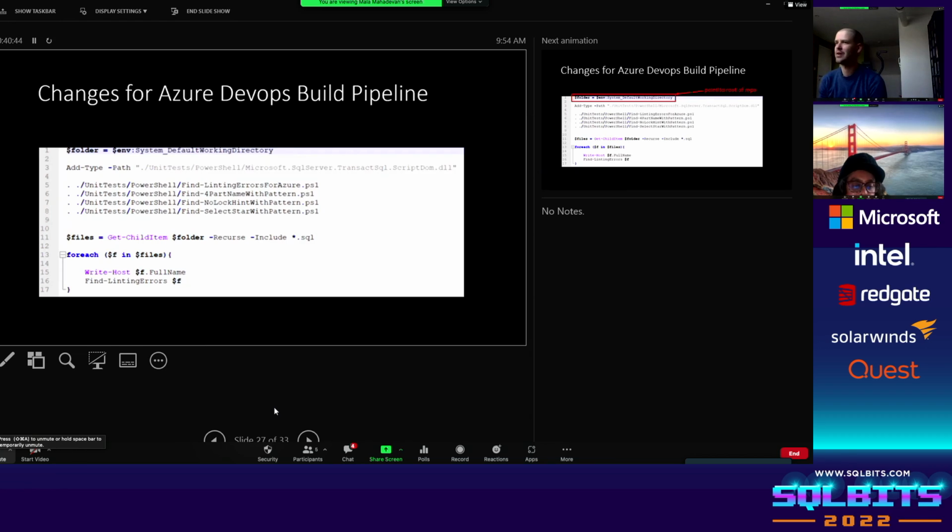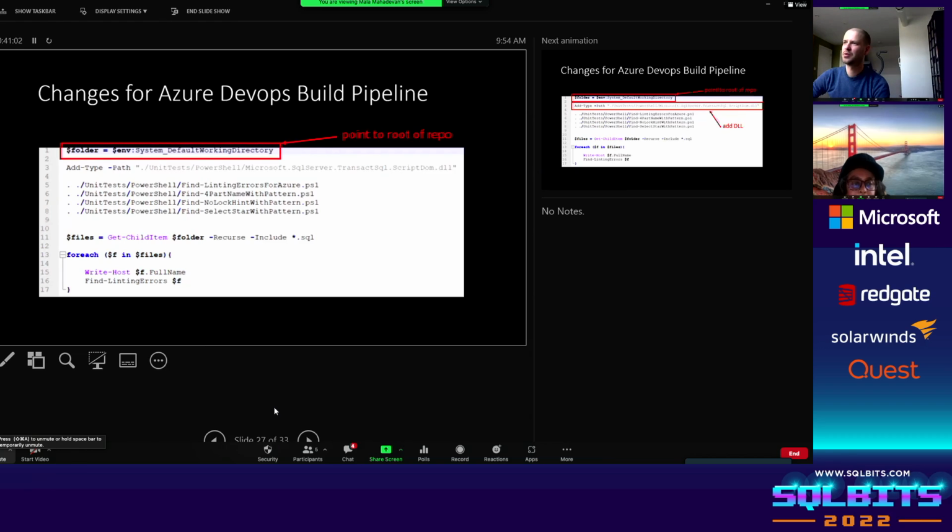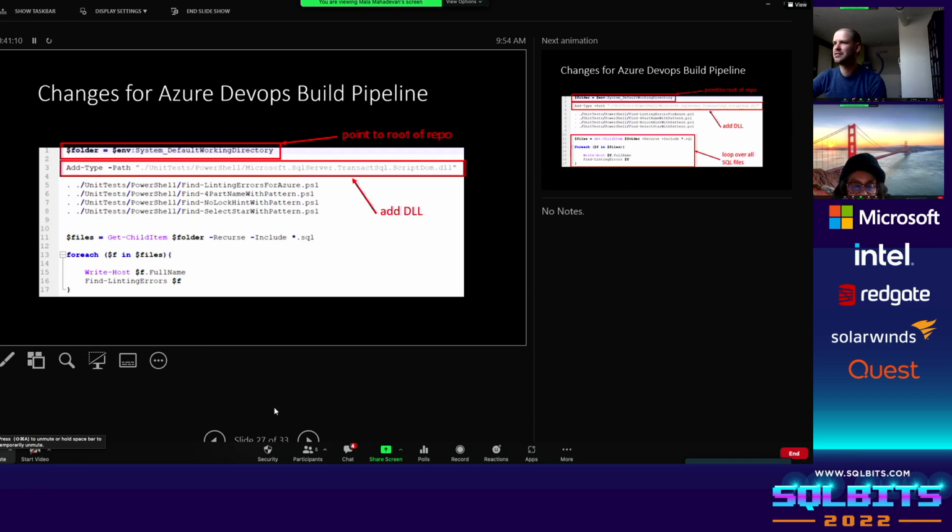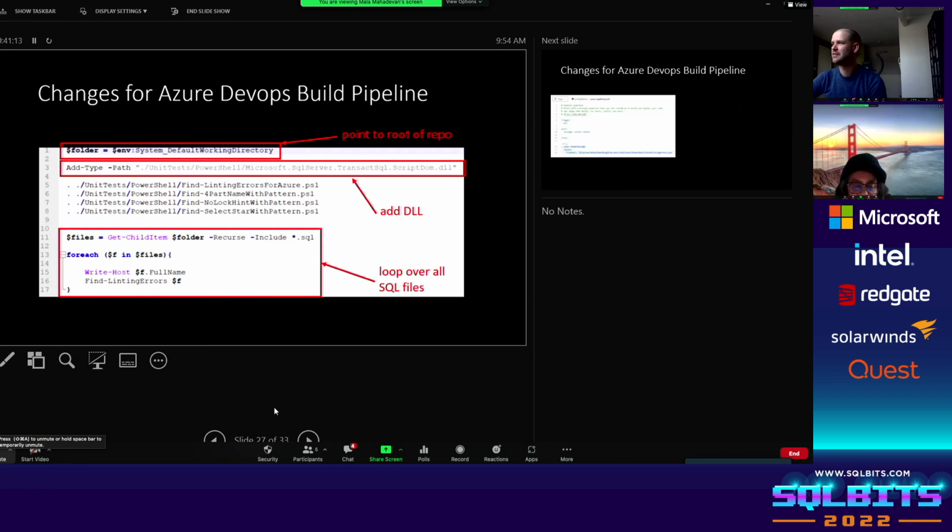Right, so we can go through the animations now. First we check the working directory. Next slide. I point to the repo, and then you reference the DLL. Just keep on clicking till I say stop. Right, and then you loop over all of the files that you can find in the repo. All right, if you go to the next slide,